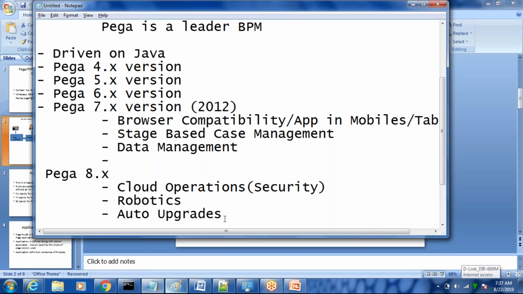And there is something called hot fixes. So what is a hot fix? The tool is providing a lot of things, and as part of using the tool, there may be certain issues and bugs in the software while we are doing development. The Pega tool given to us, they are going to fix those issues, and while they fix an issue, they need to explicitly ship it to you.